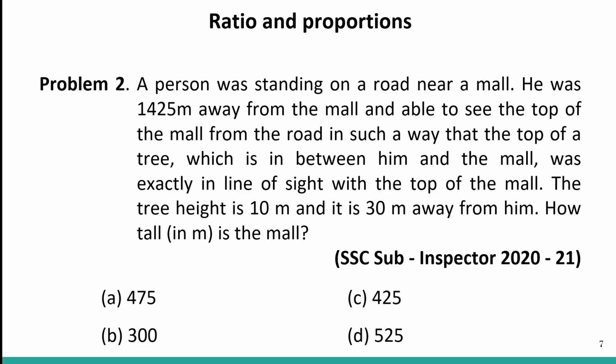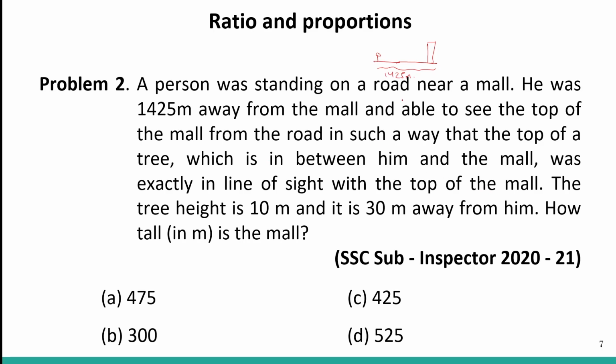A person was standing on a road near a mall. He was 1425 meters away from the mall. So this distance is 1425. In between him and the mall, exactly in the line of sight with the top of the mall,